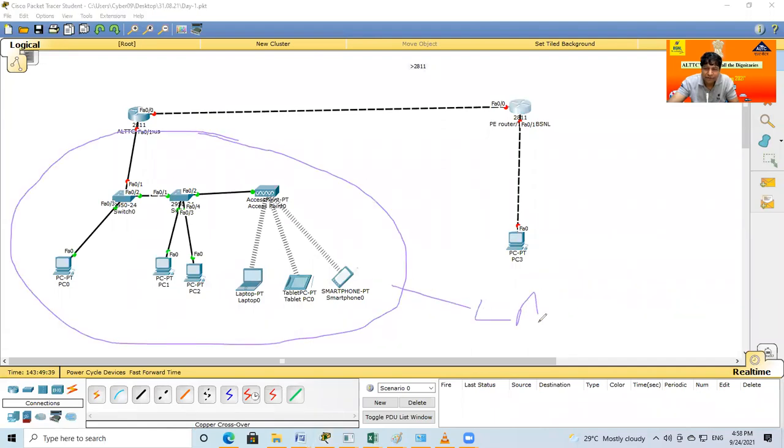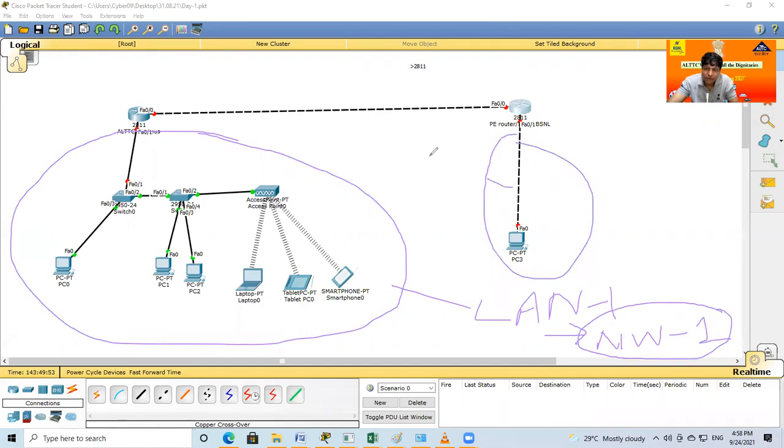This is LAN number one. By default, this is the practical answer, but for the book, another way to say it is that this is network one. This is another LAN, LAN two. This is network number two. And by default, one port, this is another LAN and this is another LAN.